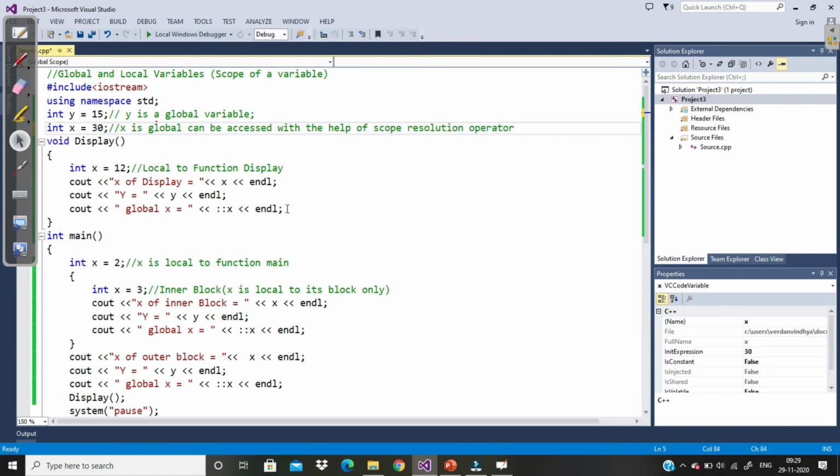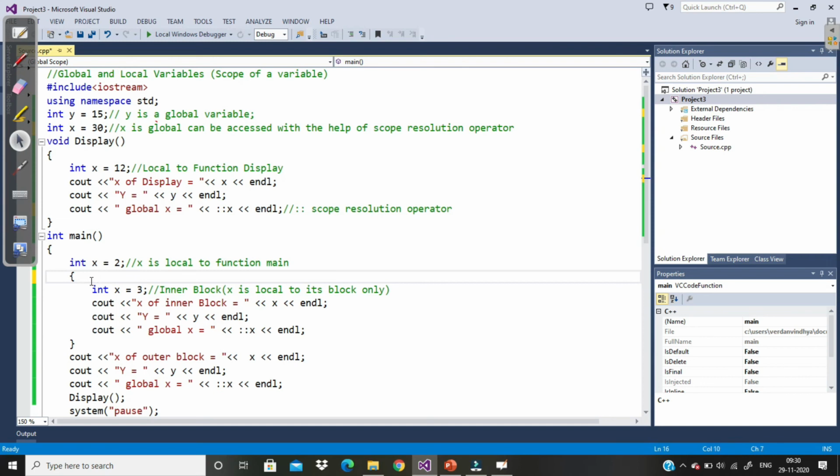And this is called the scope resolution operator. So this is about the scope resolution operator, global variables and local variables, and how to access the global variable inside any other block.